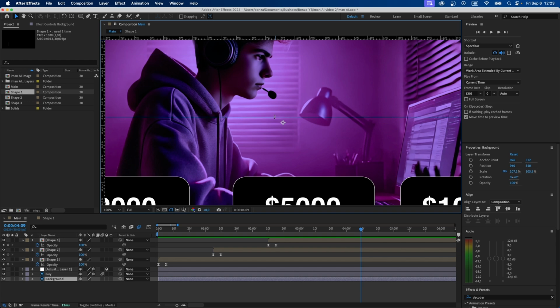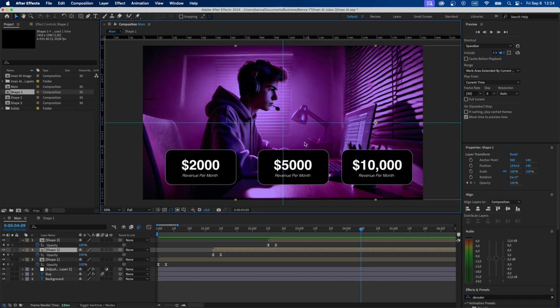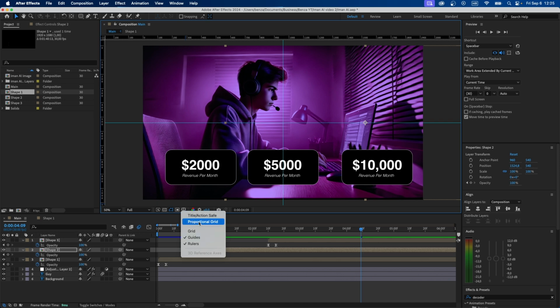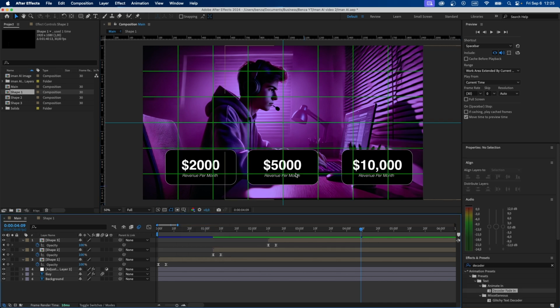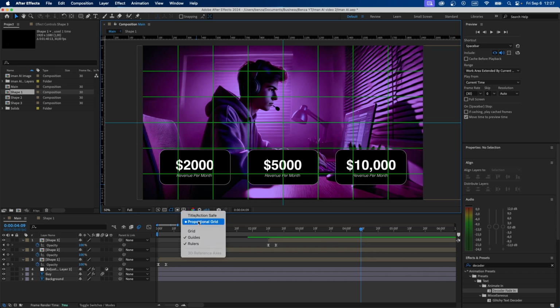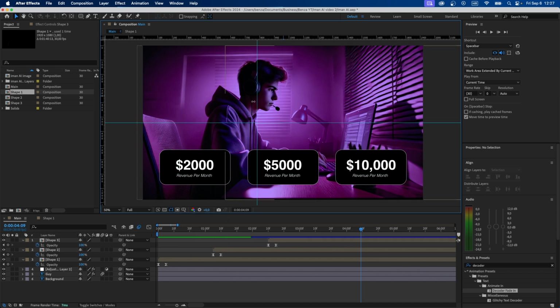Now you can take the top one and put it in the middle, and also drag the left one and place it in the middle as well. That way you're going to be able to align this middle layer to the exact center of your screen. You can also turn the proportional grid on by clicking on this icon and selecting proportional grid. That way you can align it pretty accurately to the middle of the screen. And once you've aligned them, you can now turn the proportional grid off, and you can just slide these rulers